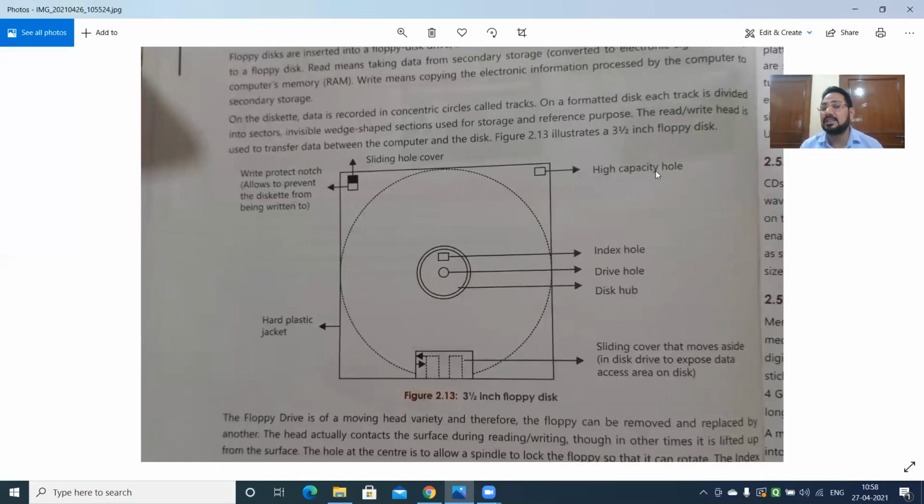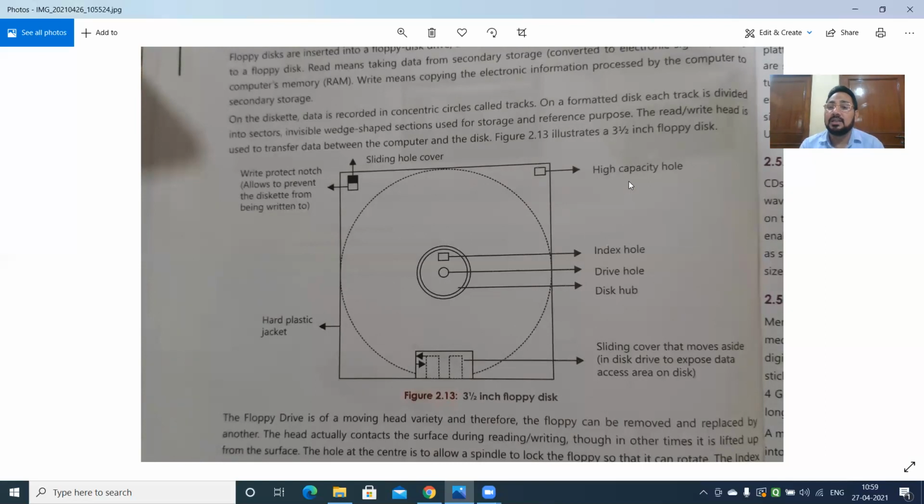When I give you question answers, at that time I gave small definitions. So the write protect notch allows you to prevent the diskette from being written to. If you put it on or off, hold it down and up, that way you can slide it. I say slide it just to write, or if you don't want to write by mistake, because if you are writing, then the data will go from it. So that was the problem. That's why this sliding hole, that notch, was there, just to protect the disk from being written on. The write protect notch allows to prevent this disk from being written to.